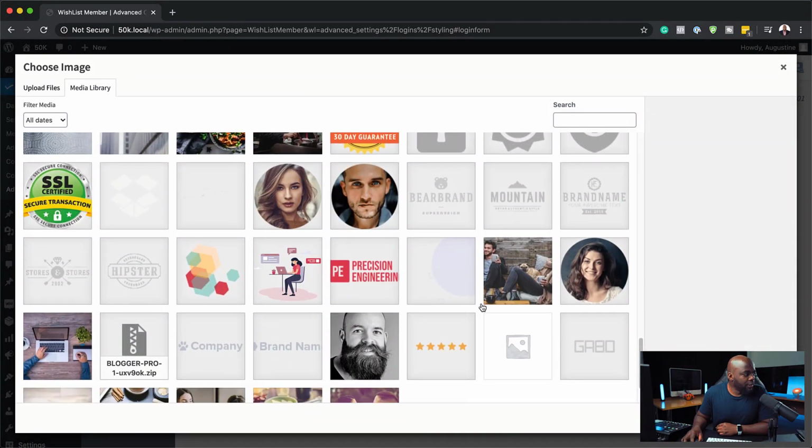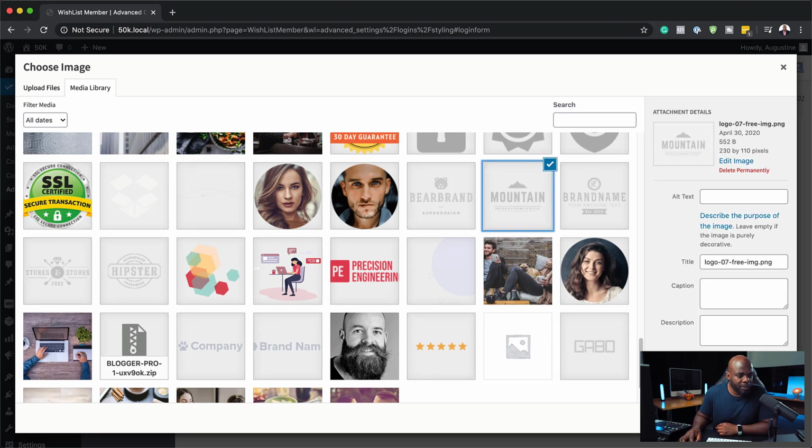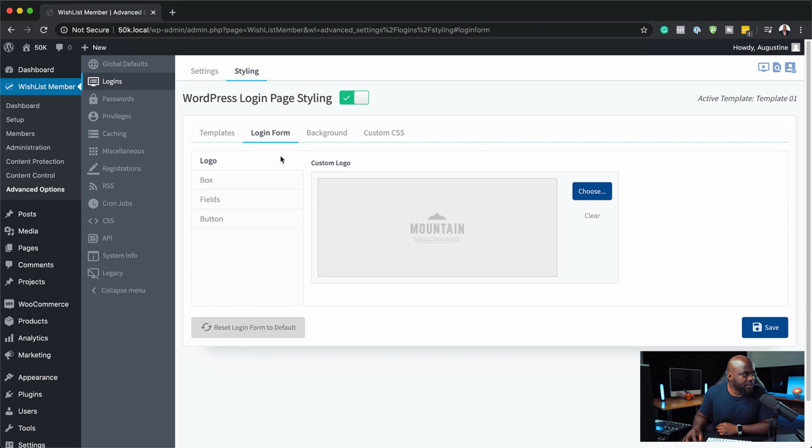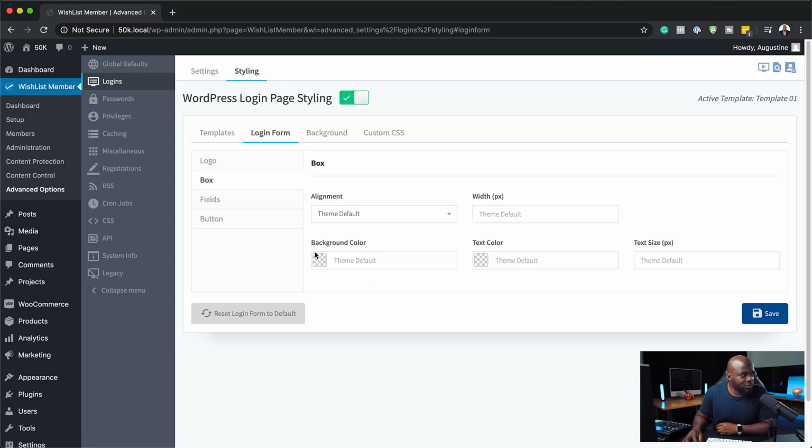But if you don't, then you want to go to your computer and find that logo. So I'm just going to put mountain here, choose image. But as I mentioned, if you have the logo on your computer, you can also do it that way. All right. Next, we're going to come over here to the box, and this is where you can add your